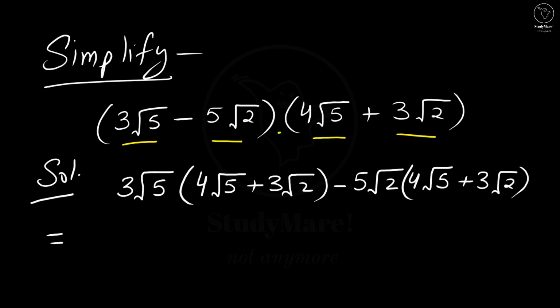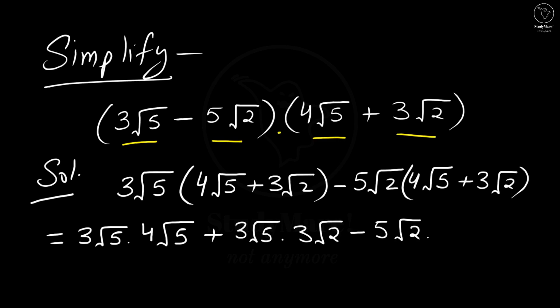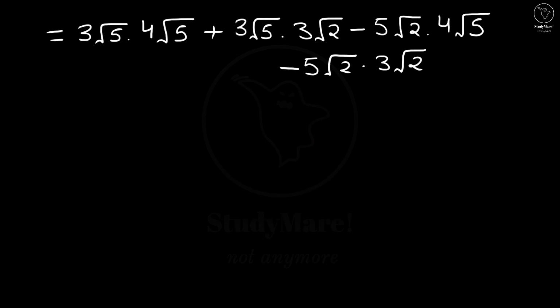So this is equal to 3 root 5 gets multiplied into 4 root 5 plus 3 root 5 multiplied by 3 root 2. Next we have minus 5 root 2 multiplied by 4 root 5 and minus 5 root 2 multiplied by 3 root 2. Solving it further,